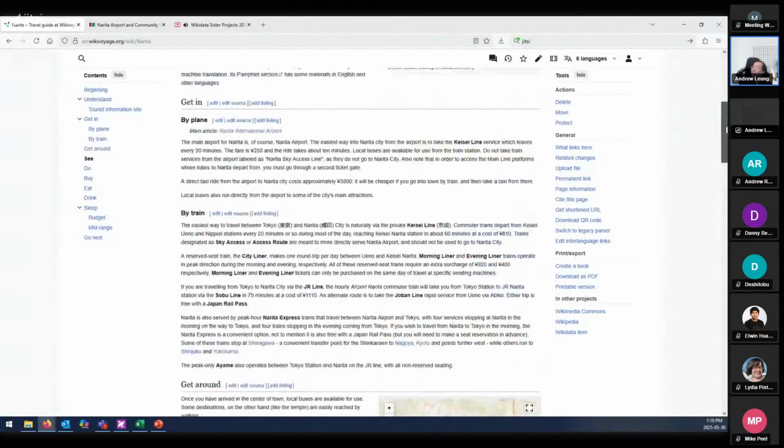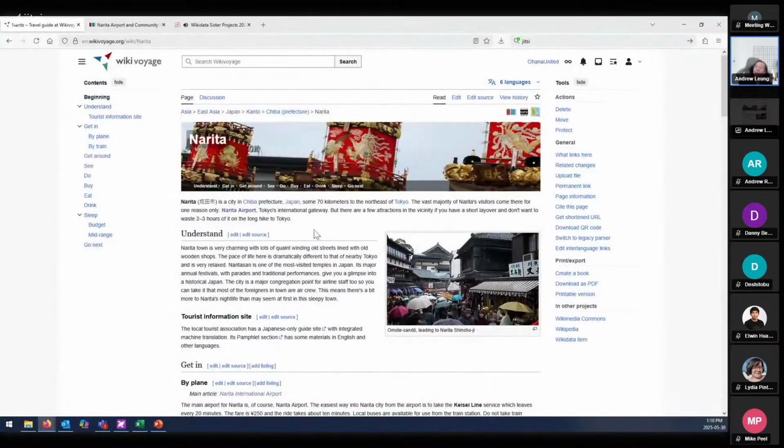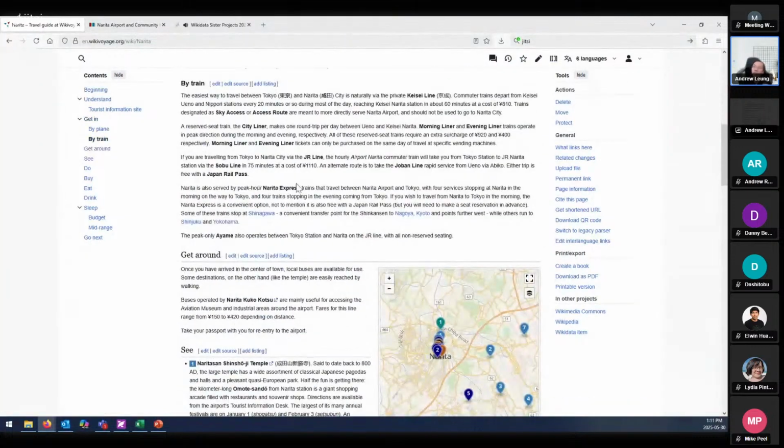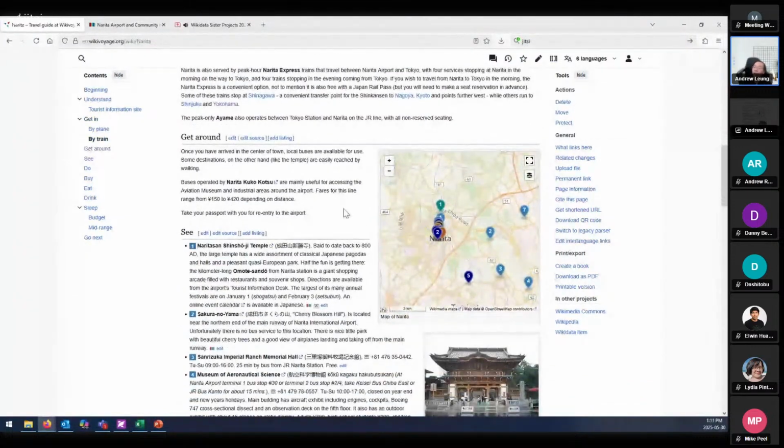The one that I purposely picked in advance is Narita, which many of you are familiar with, associated with the airport that most people will fly into when they're going to Tokyo. So this is Narita, the city that is just outside of the airport. And what I want to quickly show you is we use all of those listing editors and the listings.